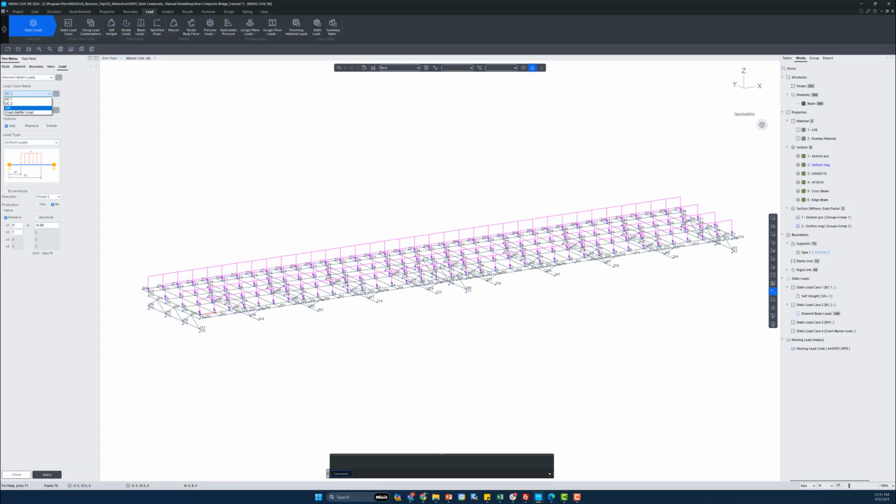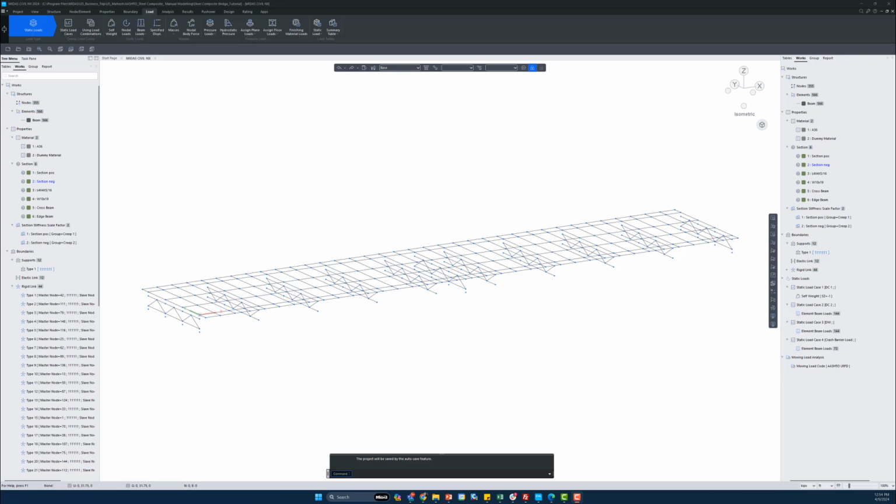Then we'll be applying the dead wearing surface loads, and this will have a value of negative 0.213. Again, we have to select all our girders, double click on the section and click on apply. So once we have finished defining our static load cases, we'll be moving on to defining our moving load conditions. So going back to the presentation,